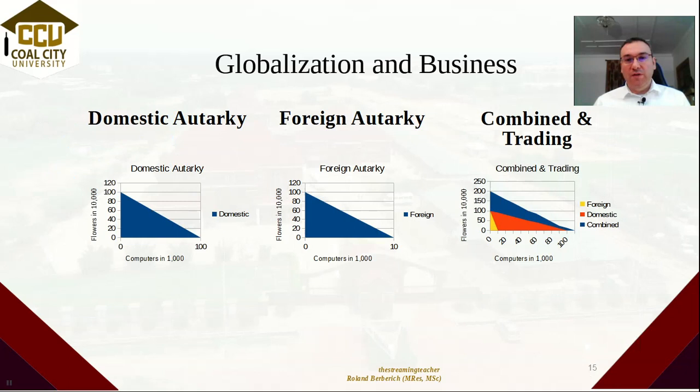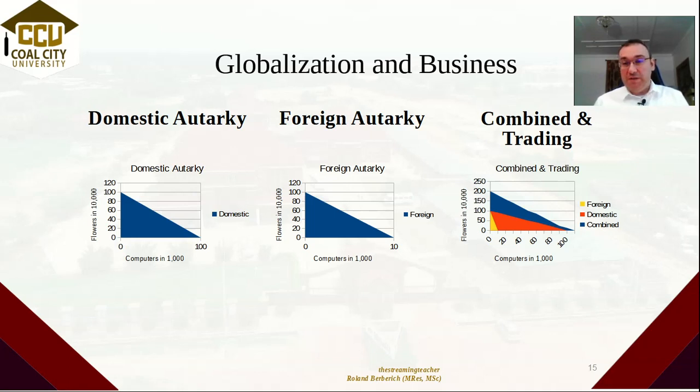Now in this overview you can see it much clearer that the combined production frontier on the most right-hand side is the largest production and consumption possibility that we have. So we can immediately conclude, yes, for both our countries it is good if we trade with each other because